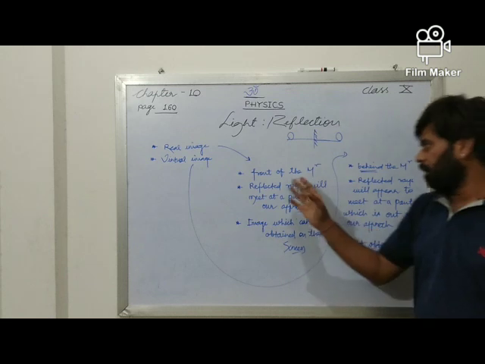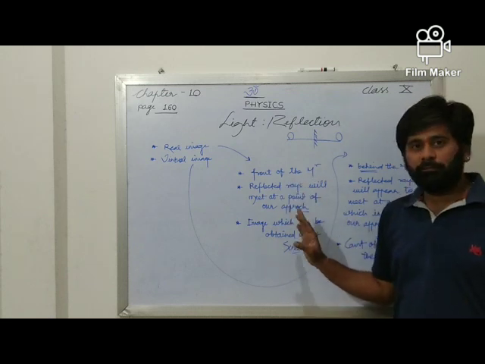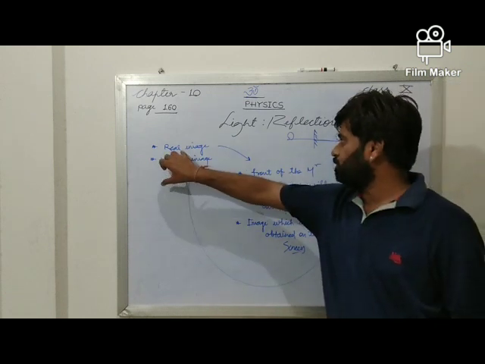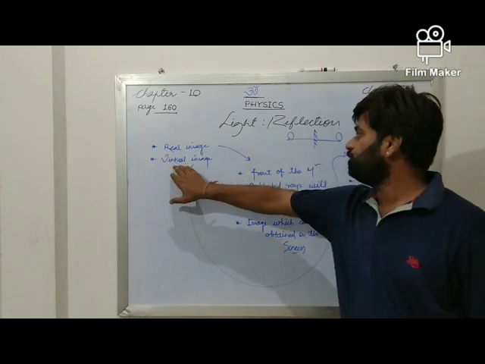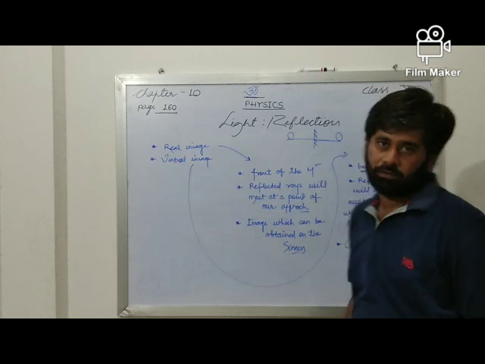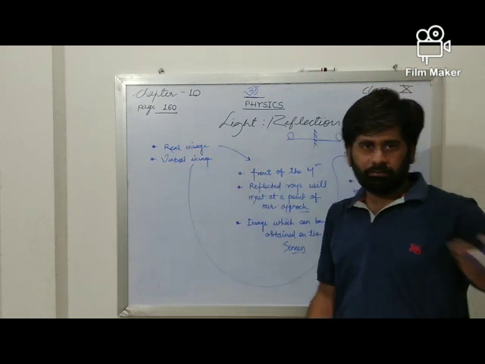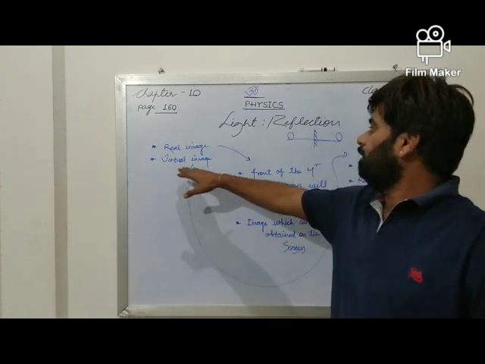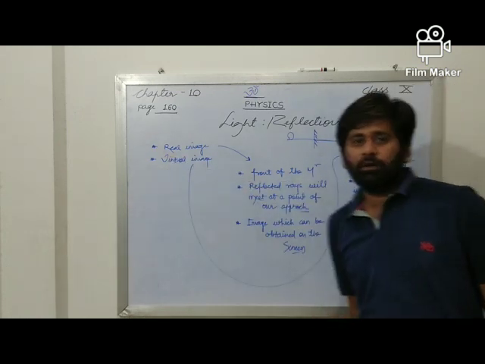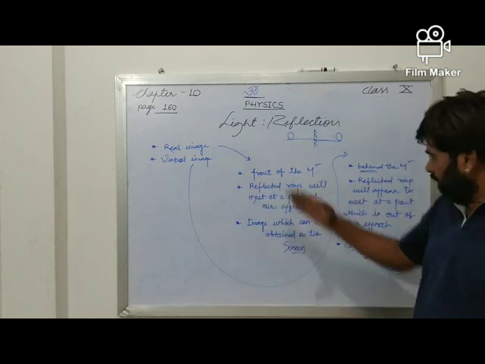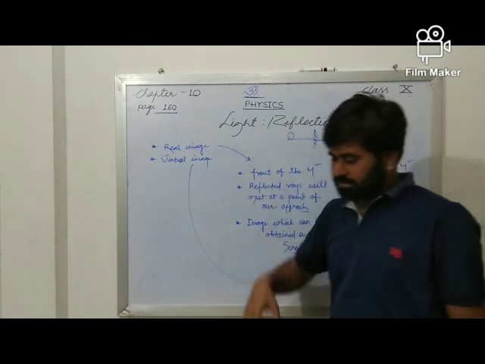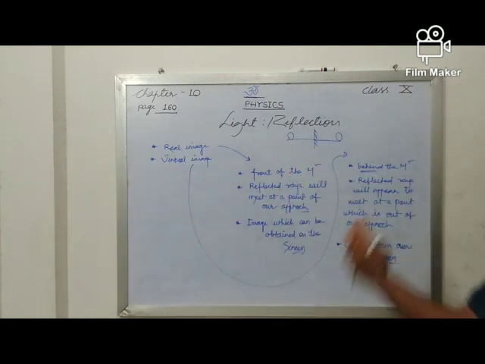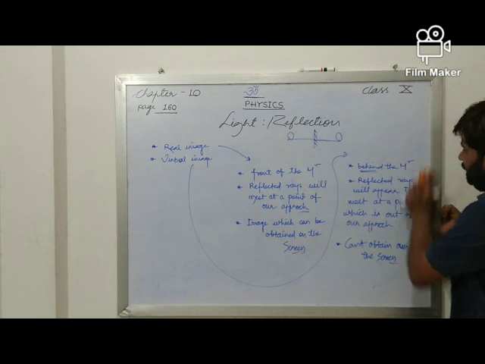Understand them properly, because when the classes pass, still a few students are confused between the real and virtual image. Whatever we can see is real. Virtual means whatever we can see but cannot touch. So that is another way of understanding. This was real image and virtual image. Let us move ahead.